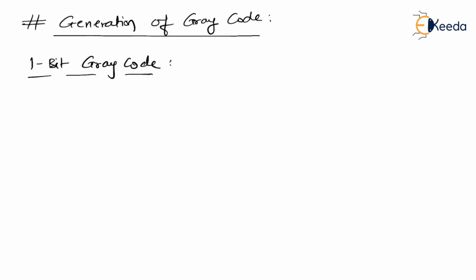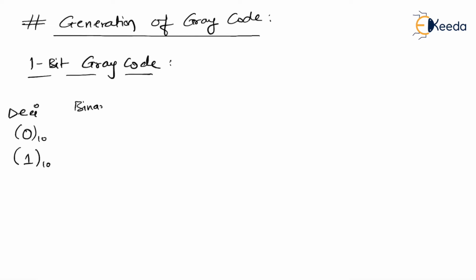You know that with 1-bit gray code, I can have only two combinations, that is 0 and 1. So in effect, in decimal, we get only two digits, 0 and 1. Please understand, this 0 and 1 that I have written are not binary, they are decimal, meaning that the base of these numbers is 10.